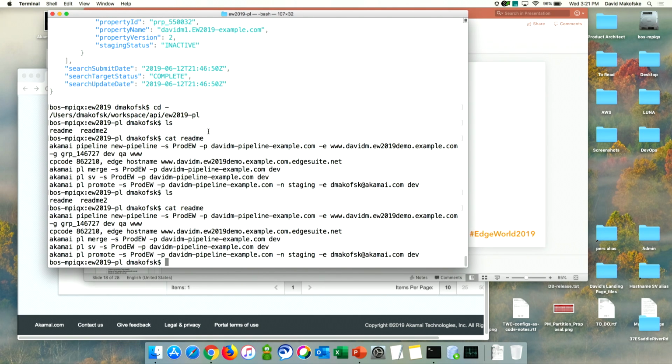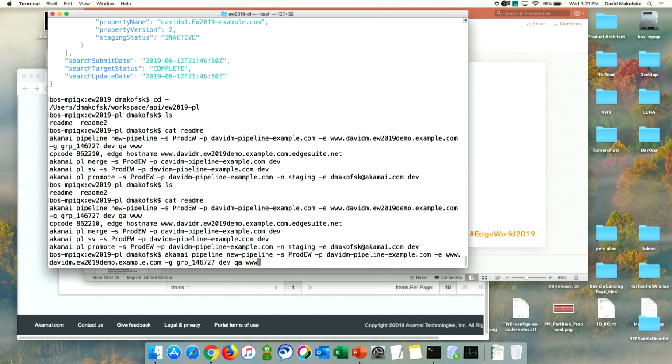So I've got nothing in this directory right now. And what I'm going to do is I'm going to use the Akamai CLI to create a pipeline. So let me just take you through really quickly what's here, because there's a whole lot of stuff. So this is just the CLI. This is the pipeline functionality. I'm asking it to create me a new pipeline. These are just my credentials that I'm using. This is the name of my pipeline. So I've named it